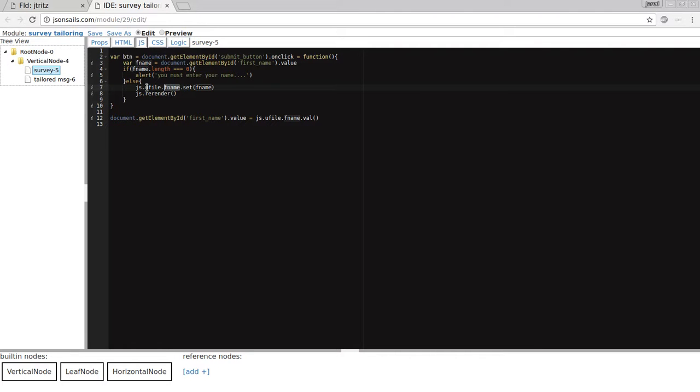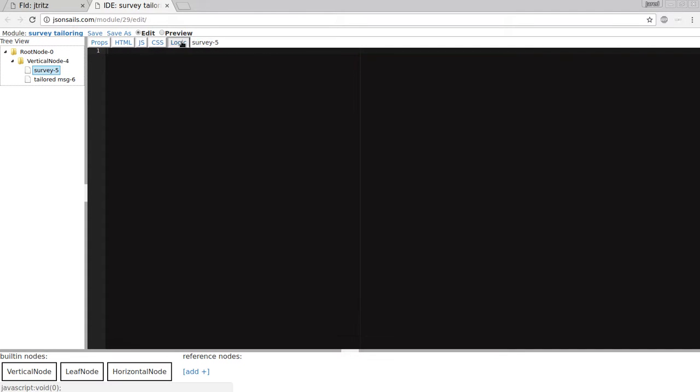So this is the Sales API. Go get the UFile named fname, set the value to this fname here. Okay, and then I'm going to call js.rerender because I want the logic, which we haven't written yet, to be re-rendered after the survey is completed. So in the logic node, well, actually I'm going to leave the logic nodes till last. I'll put the HTML into the tailored message next,